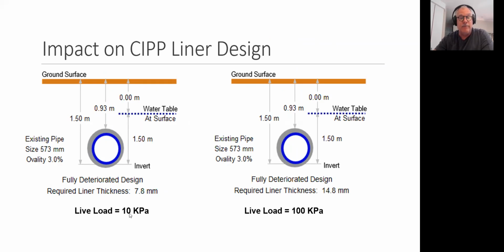Well, if I use a live load of 10 kPa for a 675 millimeter gravity pipe at 3% ovality, and it's basically a meter below the ground surface, I need a liner thickness of 7.8 millimeters, assuming everything else is constant. If I just change that live load to 100 kPa